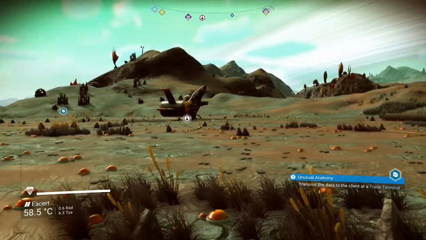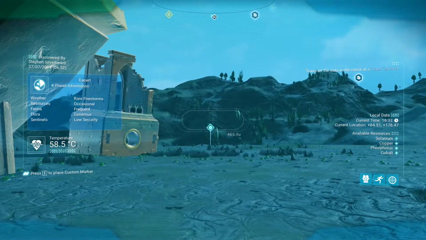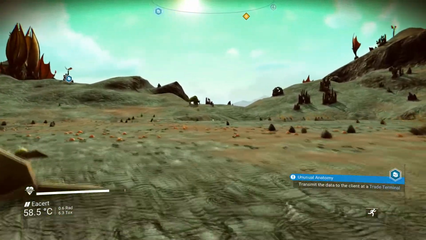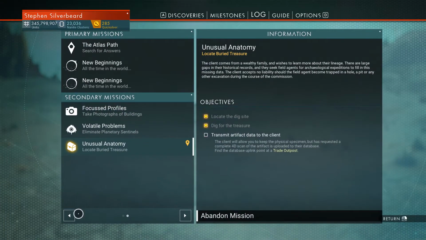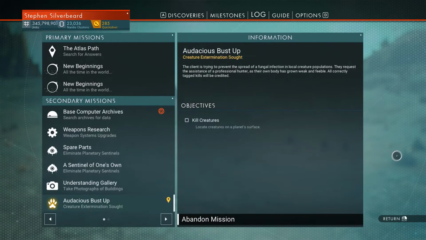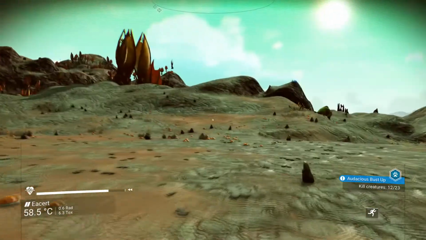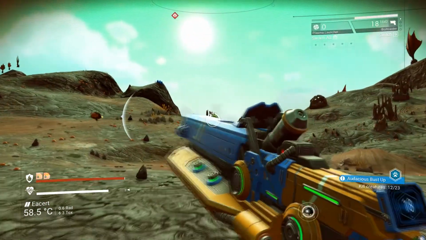I think before we leave, we'll just have a... Where's all the creatures gone? Ah, there's one over there. Now I do have a mission to kill creatures. Where is it? Kill creatures. How many more have I got left? I've got 12 out of 23. I suppose I could...